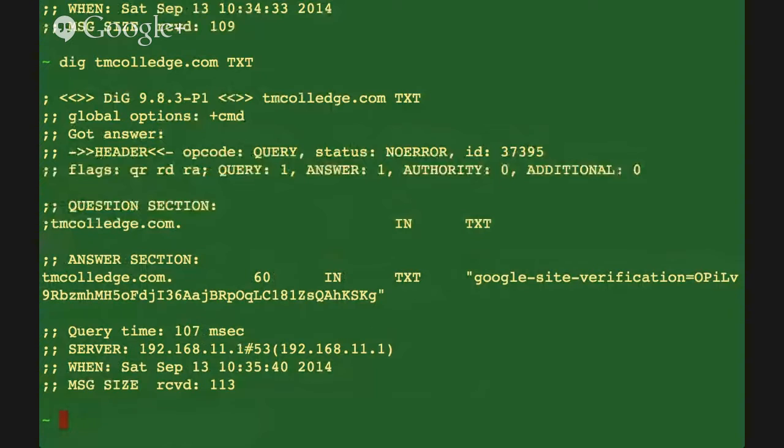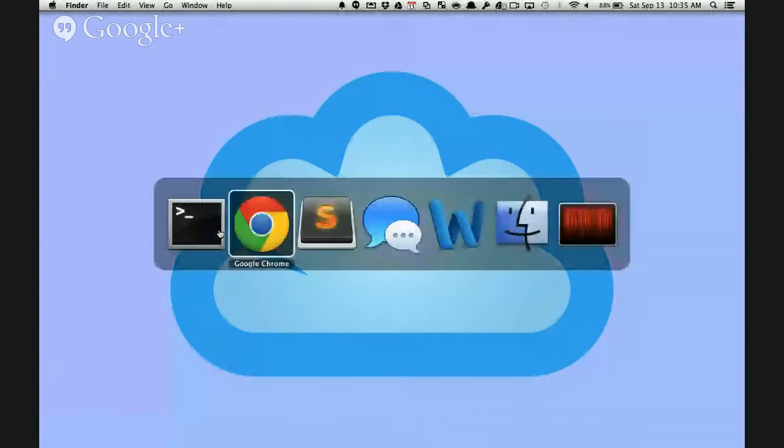The TXT record has that long string of characters, like you saw here. In this case, you see this long string of characters that begins with Google site verification.